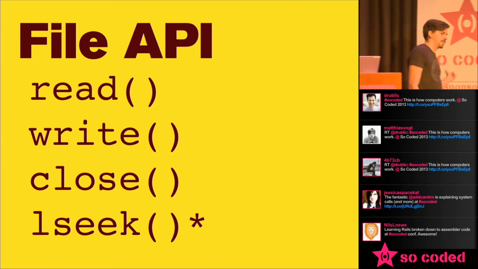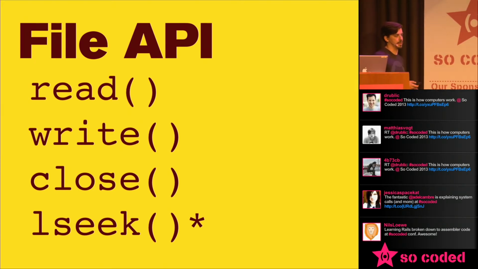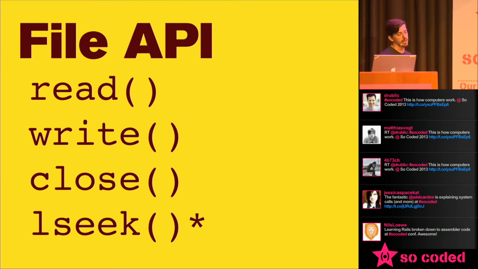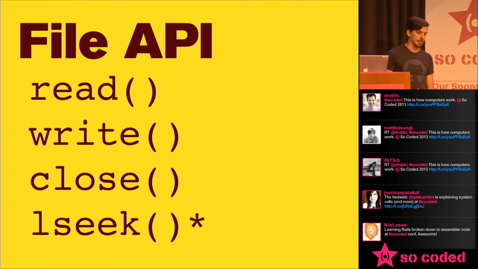lseek is kind of a special one. So lseek is where, if you're reading from a normal file, you can go to the end or the beginning or something like that. But if you're reading from a stream, you obviously can't do that. So the API still works. You can call it against a file descriptor that points to a stream, but it'll return an error. So it's kind of a special case there. And many of the files that we talk about actually are implemented as streams.